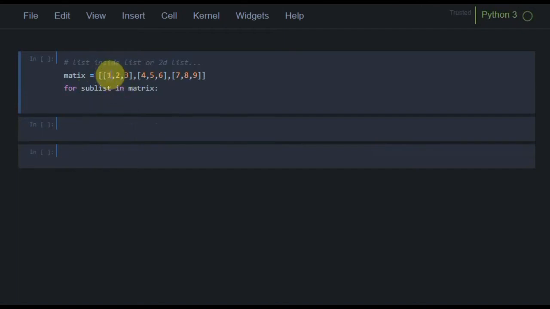If I want to print all the items present in the main list, to print each of 1, 2, 3, 4, we have to use 2 for loops. So I can use i here. I am using a for loop within a nested for loop here, which we had discussed in previous videos.